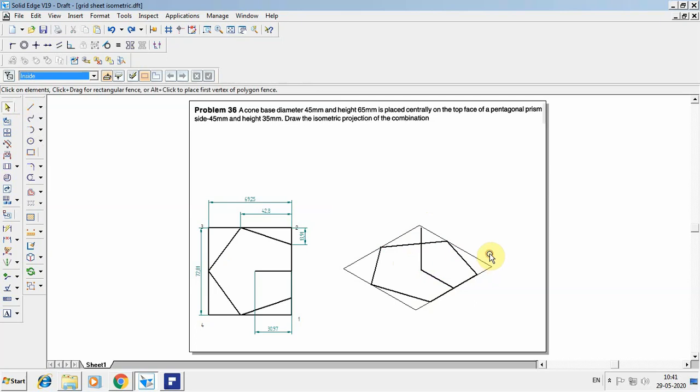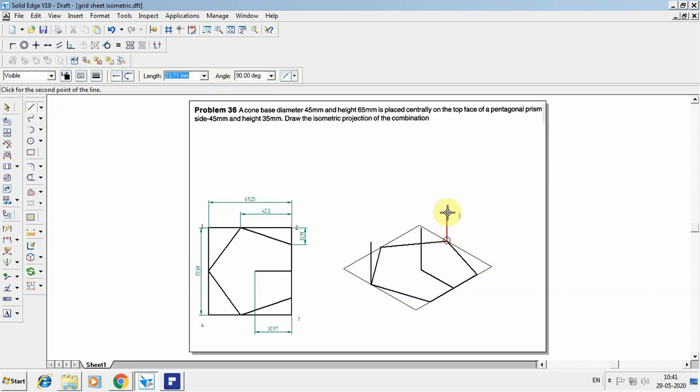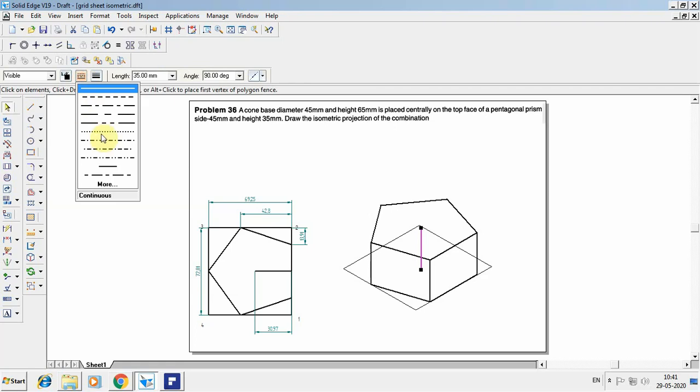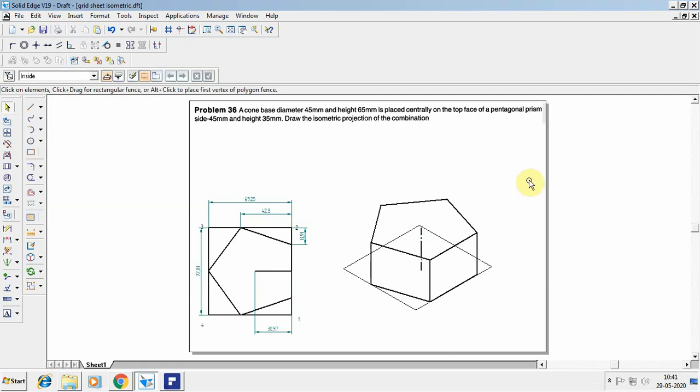If you are doing it in a sketchbook, from this point itself you can directly increase the height as 35. If you increase all the sides to 35 height, you can easily get the prism of a pentagon. So 35 again here, and again from here it will be 35. So join that, and this will be the prism of a pentagon. The lines which are not visible I want to remove, and this will be your axis line. So this is how the pentagon looks when you project it in isometric.